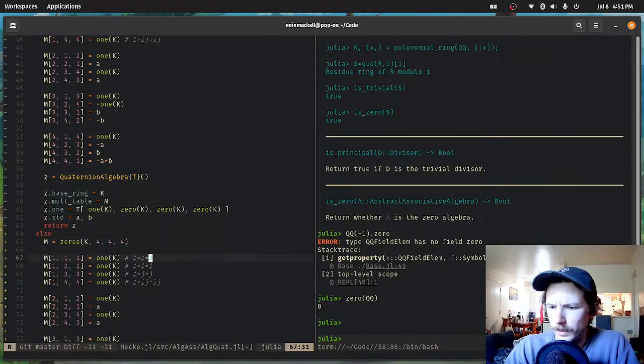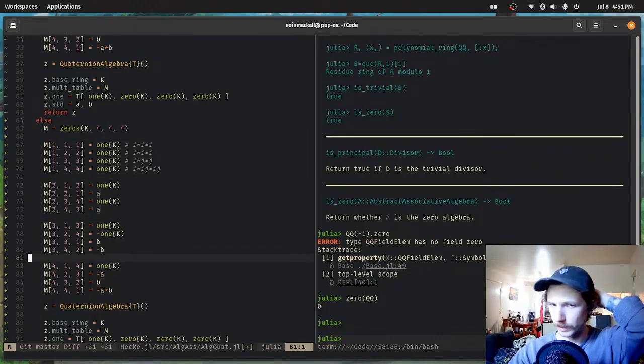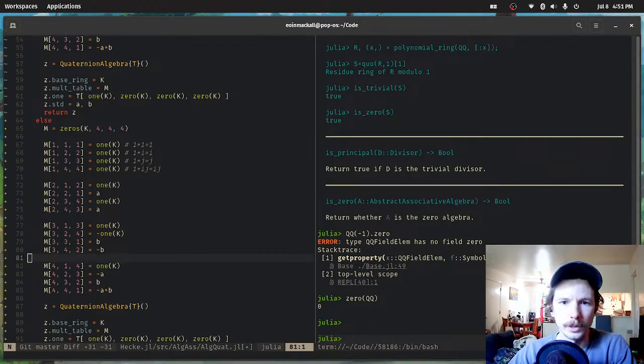And then, let's see, the multiplication is a little bit different here. So for quaternion algebra,